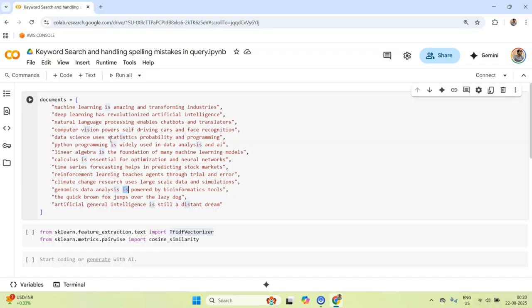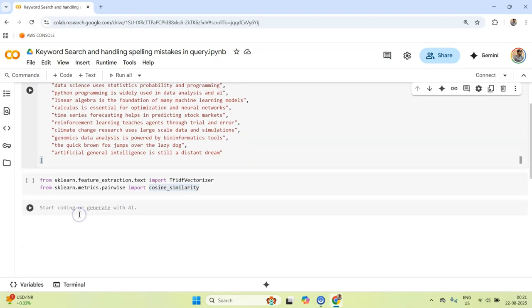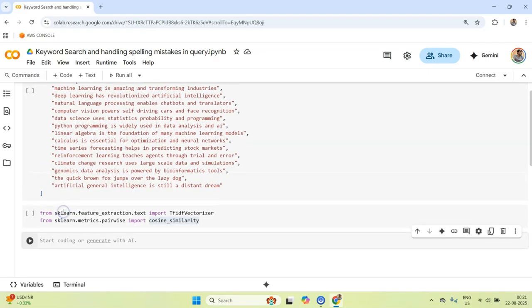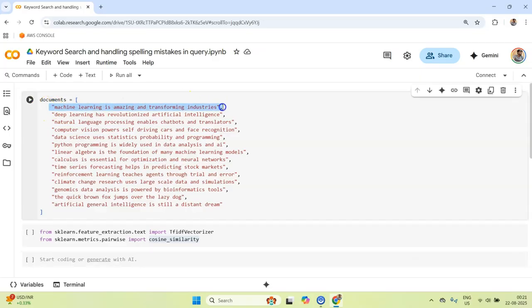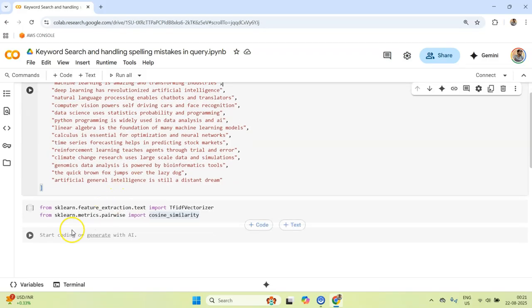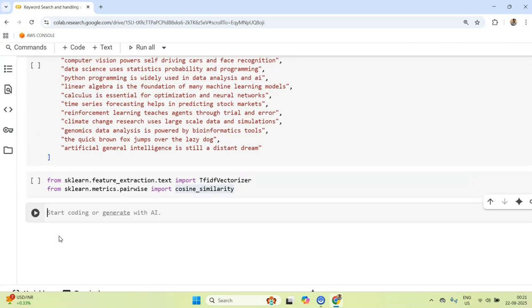Okay, and then cosine similarity is something that we are going to be using to compute the similarity between two vectors. So essentially what happens is, in the TF-IDF based vectorizer, we take each of our documents and convert it into a vector. So without any further talking, I think I should start with coding so that you can see what exactly we get.